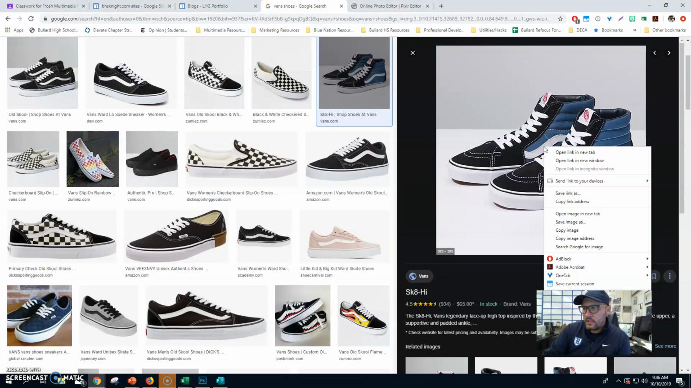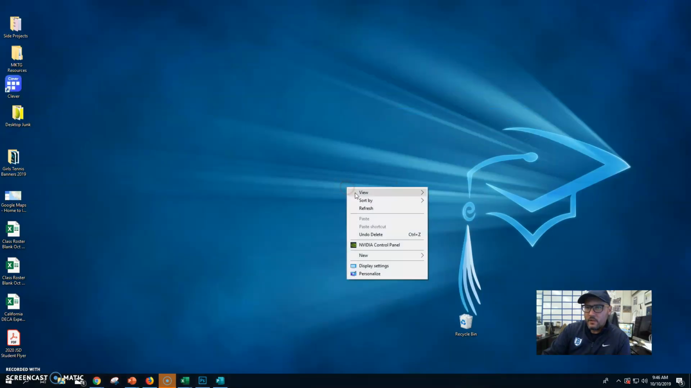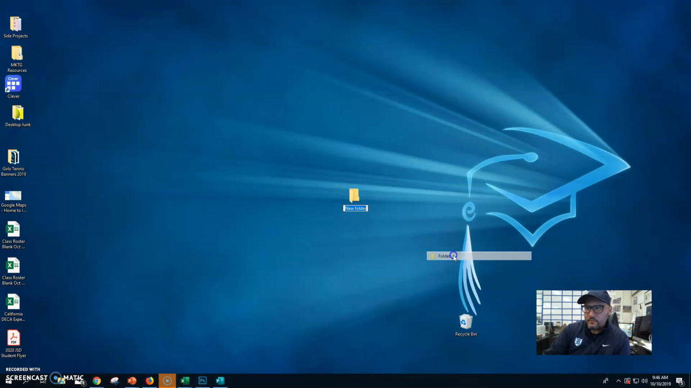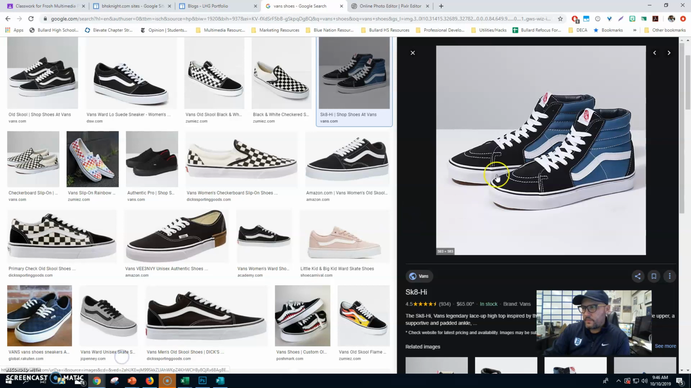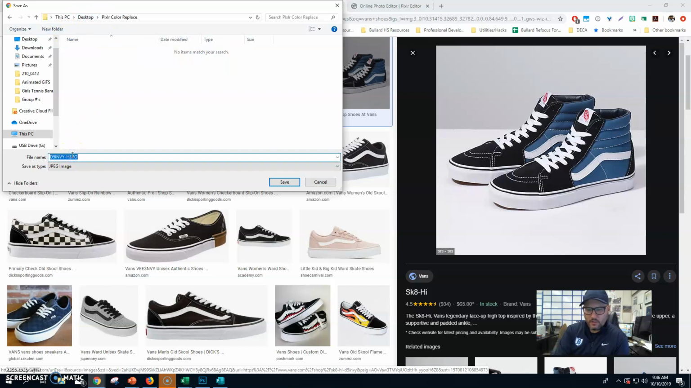So I'm going to download, well, before I do that, let's go to our desktop and I'm going to create a folder called Pixlr Color Replace. And that's where I'm going to save my documents. So if I go back, this is the Vans shoes desktop. There's the folder I wanted in. I'll double click that. I'll put Vans